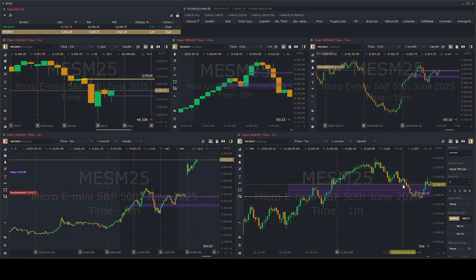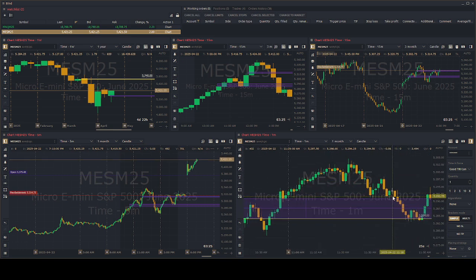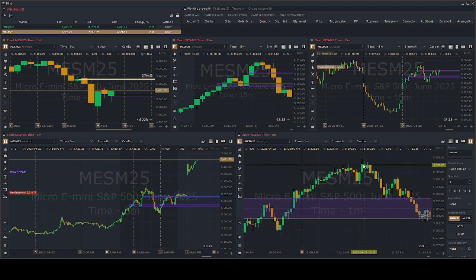And mine did. The shaded area being the 15-minute time frame, right? This is a breaker, so this is a reversal on the 1 minute. All right, but